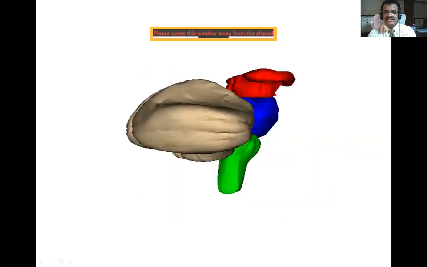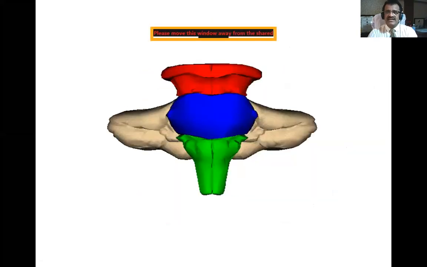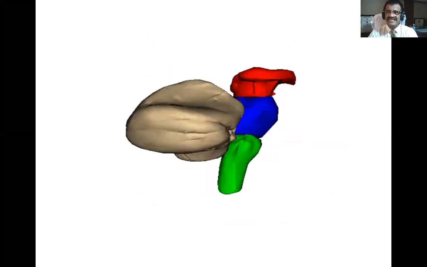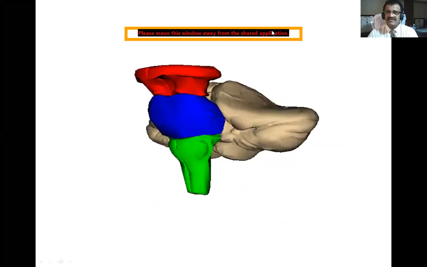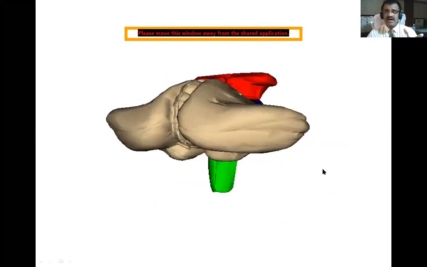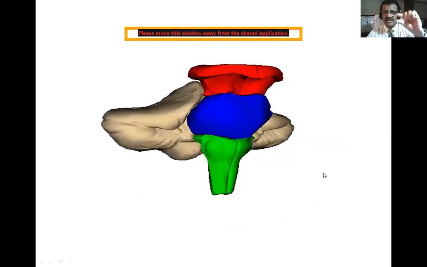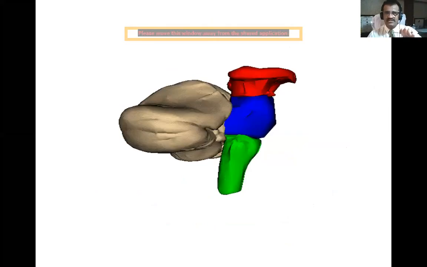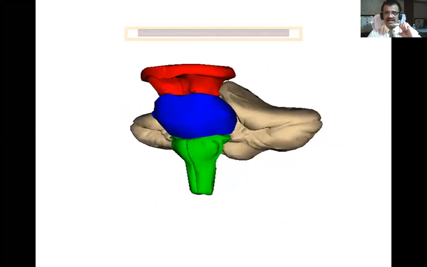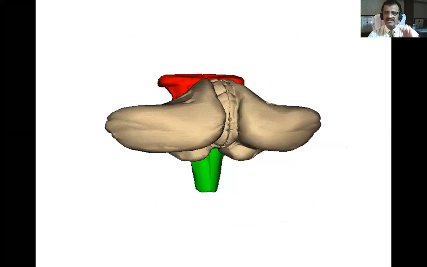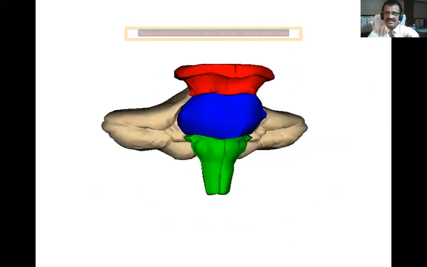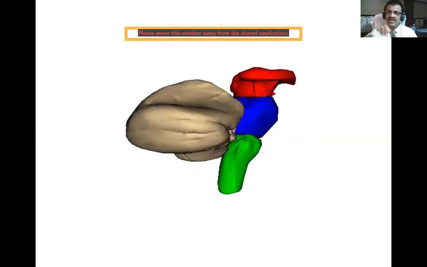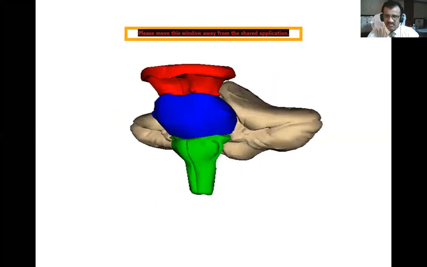So in this GIF, you can see the colored portion is a brainstem. That means brainstem has got three parts. The first upper part, which is red color, is a midbrain. Second part is a pons, which is in blue color, and third part is a medulla oblongata, which is in green. So all these parts are of around an inch of size. So 1 inch each you can see in a real brain.